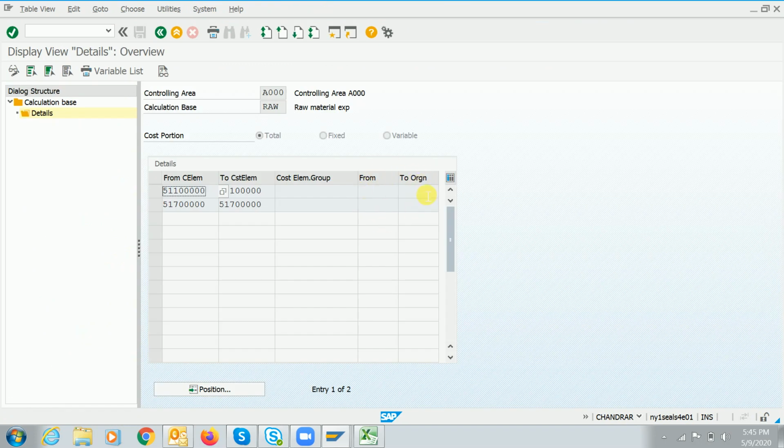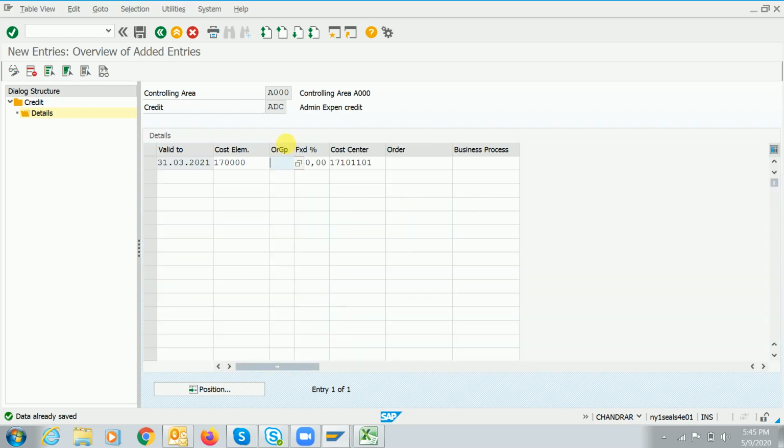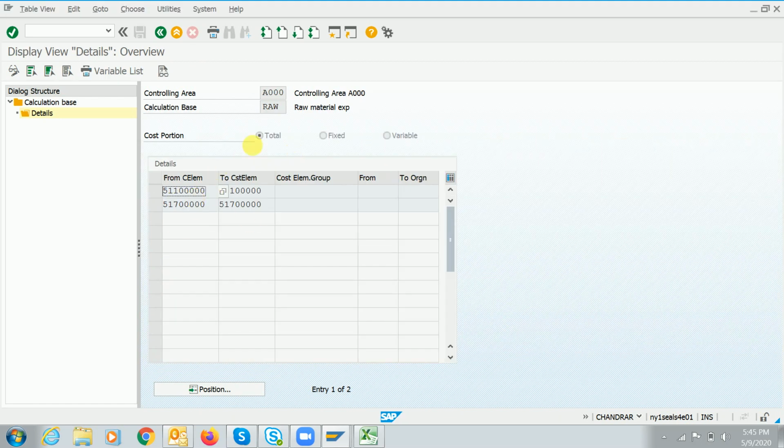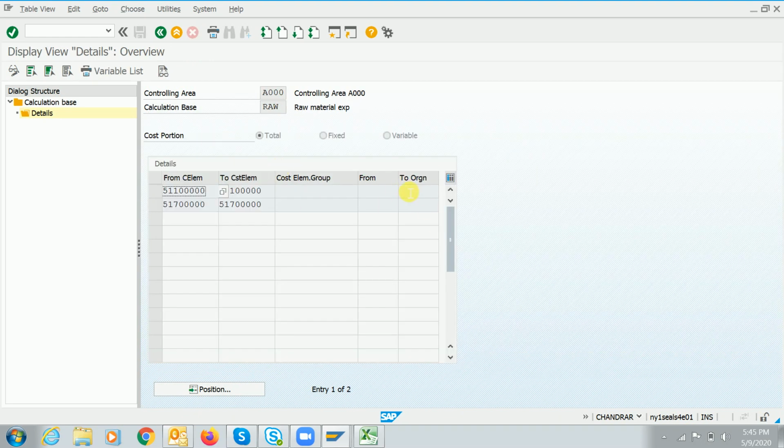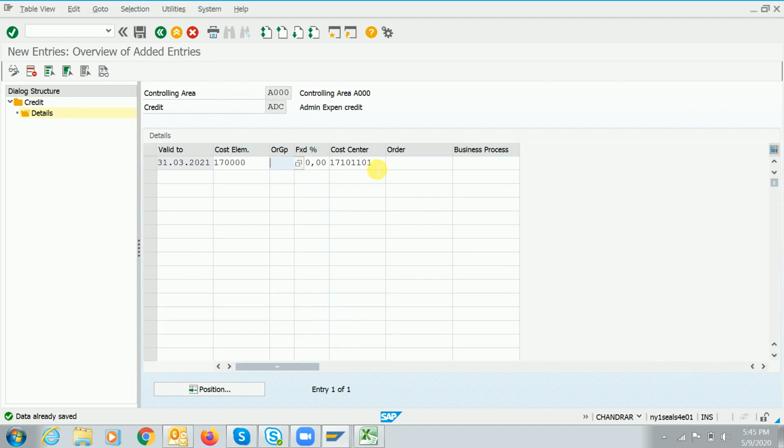If you are using this functionality, only at that time do you have to use it. If you are using this from and to cost element basis, you don't need to use this. I'll tell you at what time we have to use this at the end of our session. Once we are done, just save it.